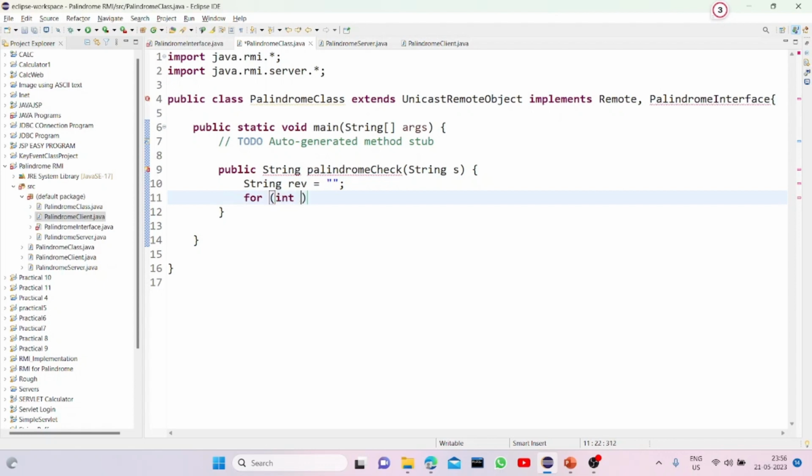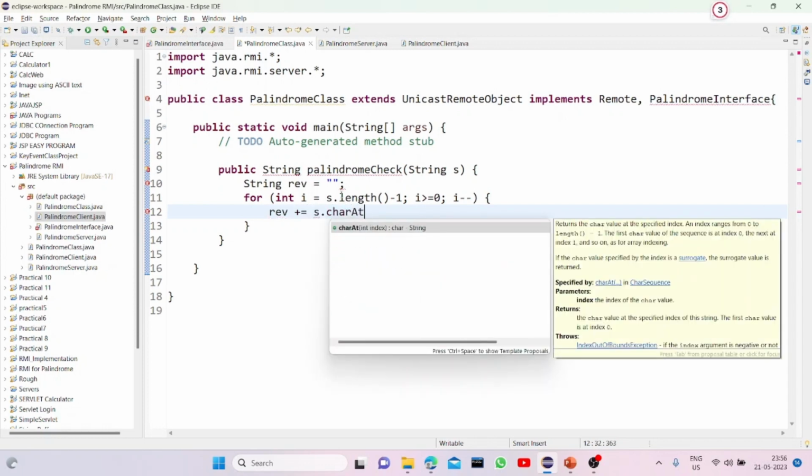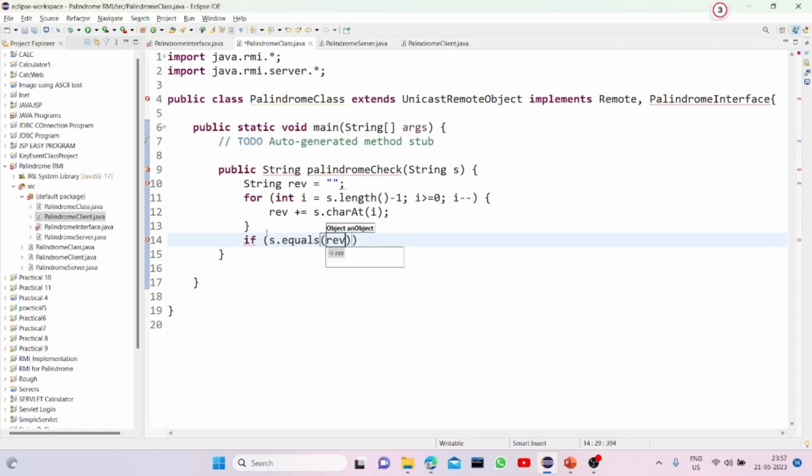For int i is equal to s.length() minus 1 and i greater than or equal to 0, i minus minus, reverse plus equals s.charAt(i). Now if s.equals(reverse), then